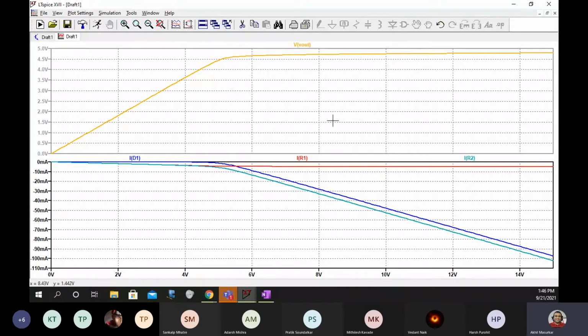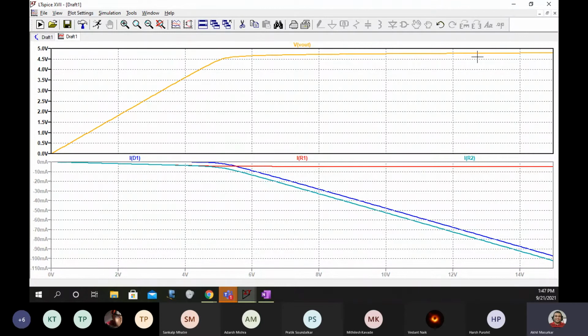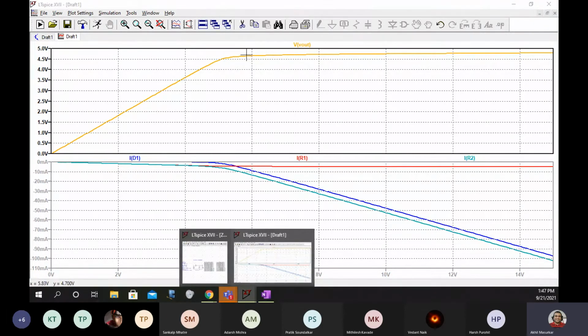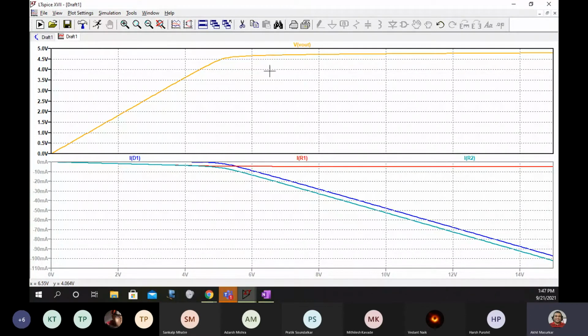So this gives you a sense of regulation, that the Zener diode is regulating the voltages. Now you can also see here 7 point some volts is between 6 and 8. So 7 volts would be somewhere here. From here to here, around 12 volts, is a safe region of operation for the Zener diode. So you can see this stabilizes at around 7.1 here.